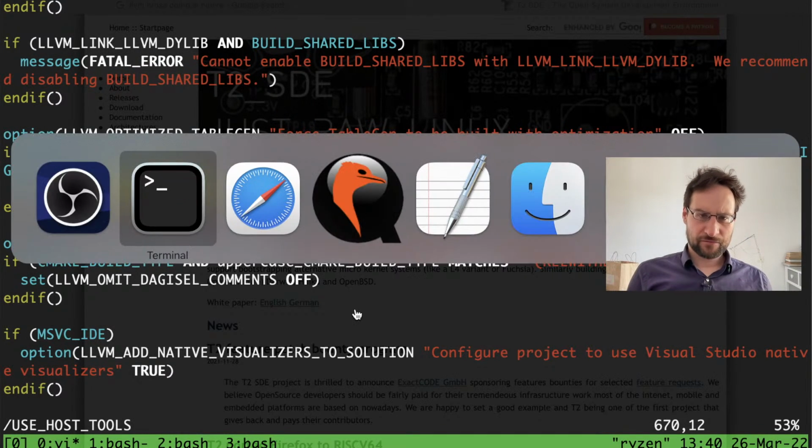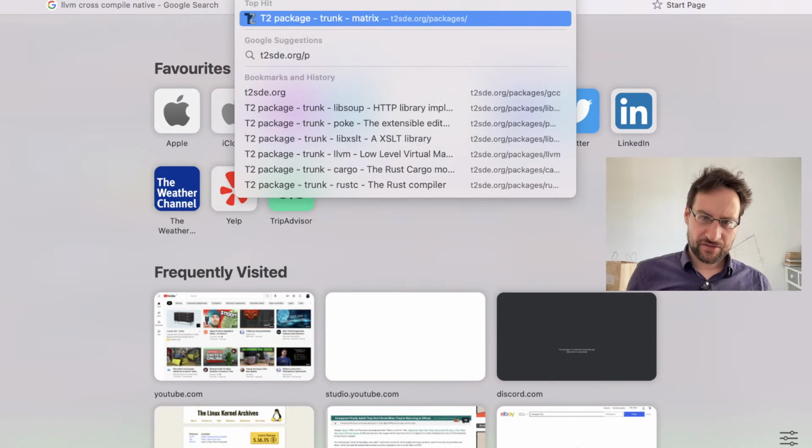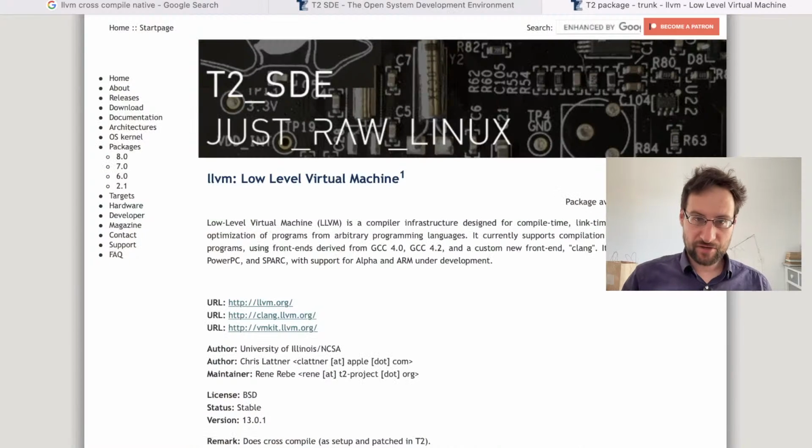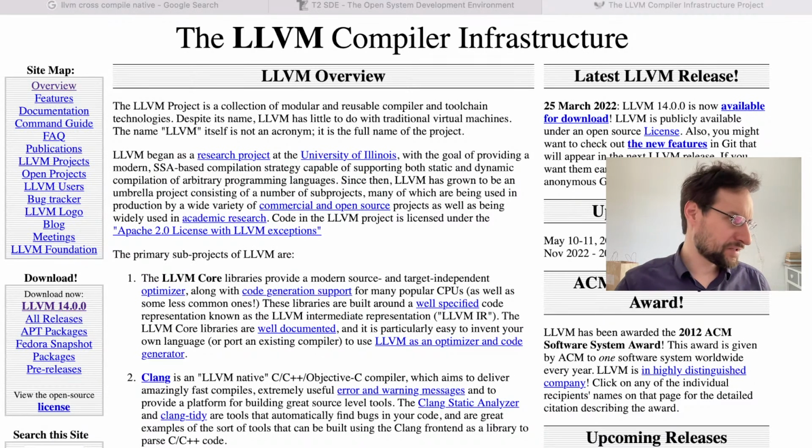LLVM, what is it, 14, right? They broke, of course, everything in the kitchen sink, best invention since sliced bread, and of course they broke cross-compiling. Super crazy stuff, similar to GNU binutils.